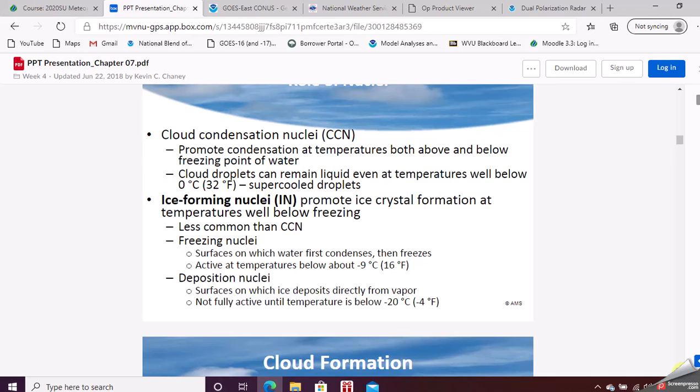So sometimes in the wintertime, when it first becomes winter, the air temperature aloft might only be about 10, 15, 20 degrees sometimes. And you wind up having very super cold water droplets in the sky. So you don't have any of this freezing going on yet.